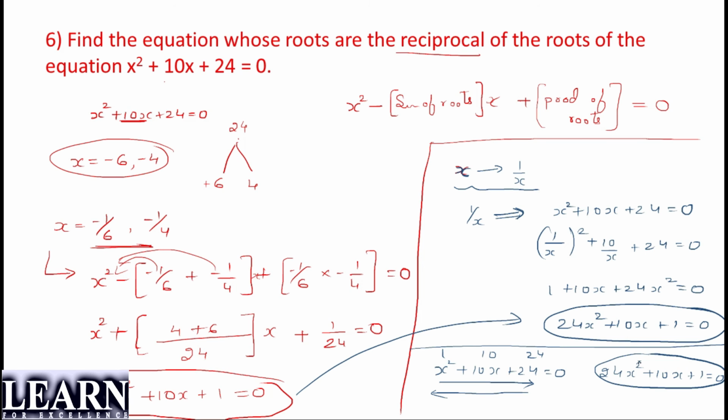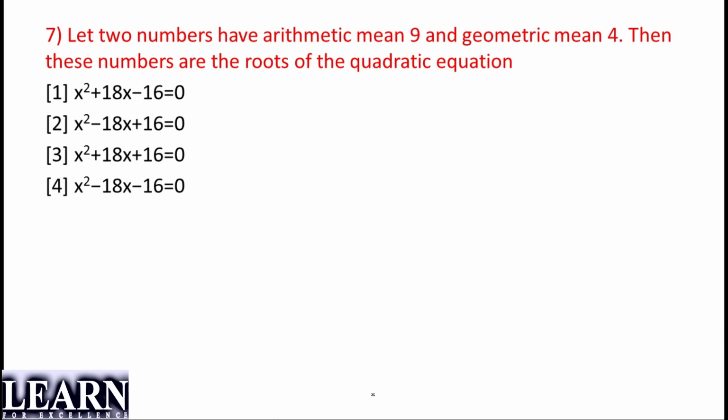So we can look here, we have solved this problem into 3 different methods, 3 different techniques. Here the third one is the fastest one. So if not the first one, you can go with the second one. If you are very clear with the quadratic equation, then you can easily go with the third one also. Clear? Okay, now we'll look at the 7th question.